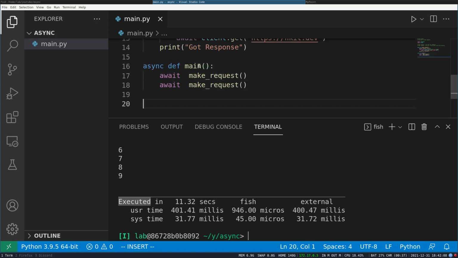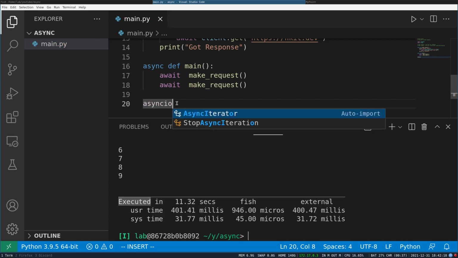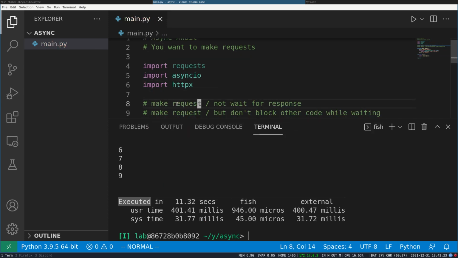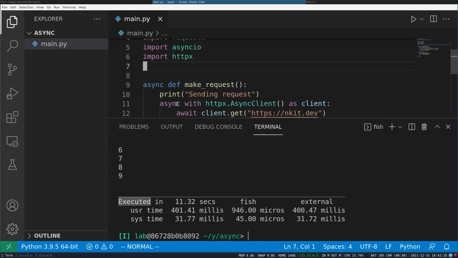One thing with async functions is that you can only call them in another async function, or you have to use asyncio.run. Asyncio is a Python library to handle all of the async stuff.